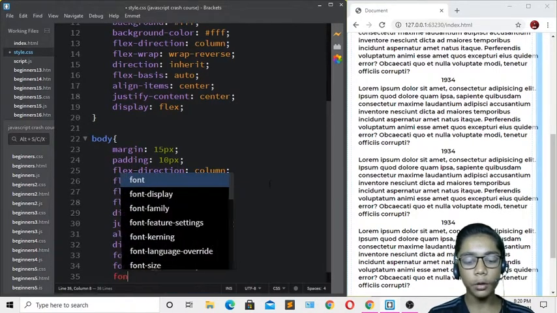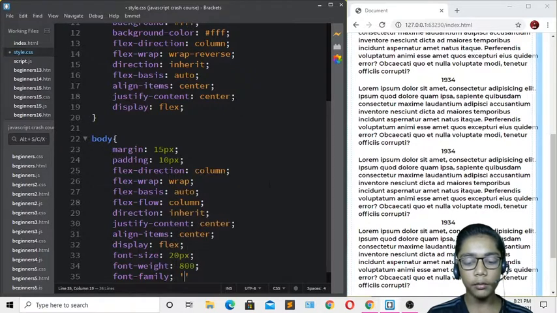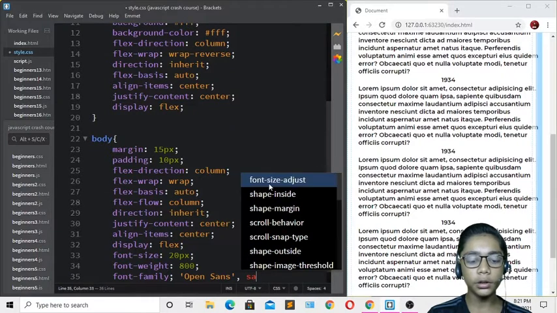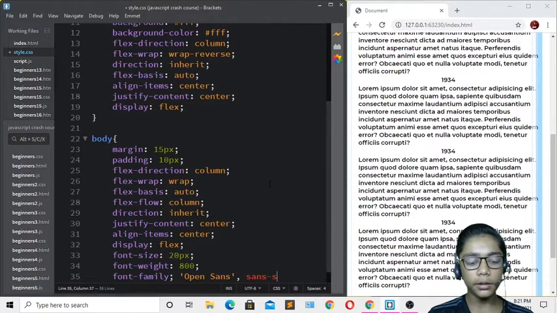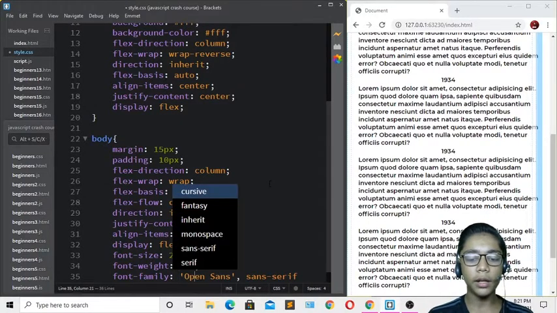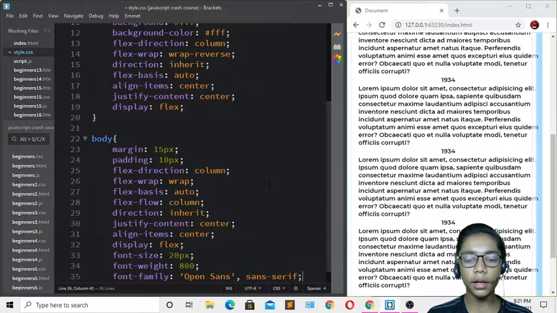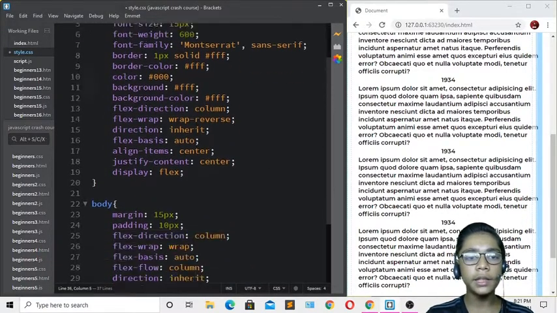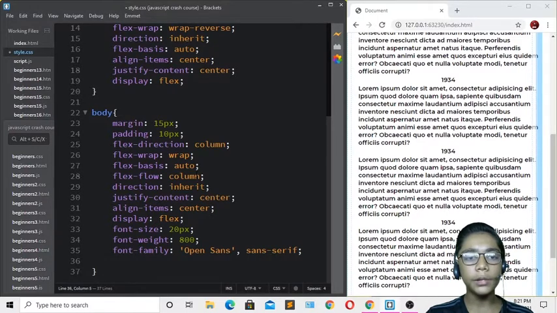Then I'll be writing font family, which will be Open Sans, comma, sans-serif. So I'll be writing that. Then I'll be changing it to a semicolon like this. Now when you've defined all these, I'll be going to the top. Okay, so over here you can see we have defined all these things. So I'll be coming underneath and defining another thing, like border.